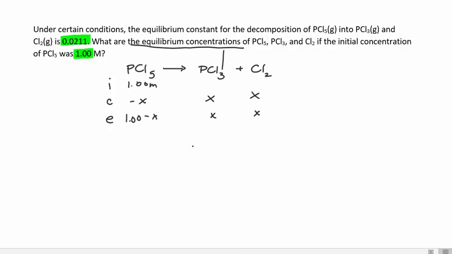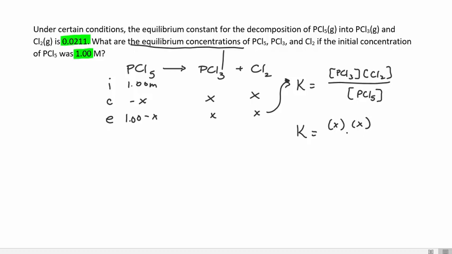My K expression, and this is going to be the K expression for simplification or non-simplification, is going to be the product of my products over the product of my reactants. So again, if I substitute here, I have x times x over 1 minus x, and that's going to be equal to